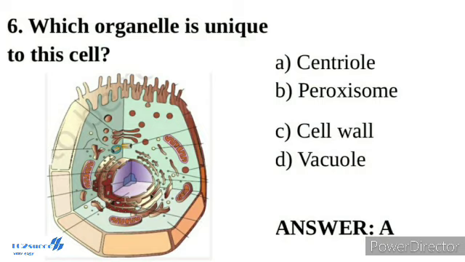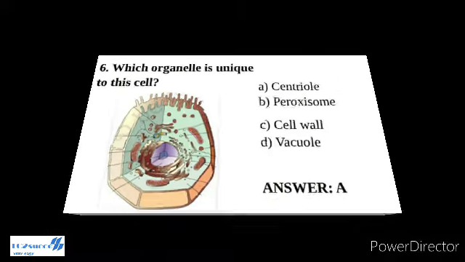Eukaryotic cell possesses an organized nucleus with a nuclear envelope. In addition, eukaryotic cells have a variety of complex locomotory and cytoskeletal structures. Their genetic material is organized into chromosomes. All eukaryotic cells are not identical. Plant and animal cells are different as the former possess cell wall, plastids, and a large central vacuole, which are absent in animal cell. On the other hand, animal cells have centriole, which are absent in almost all plant cells. So the correct answer is option A, centriole.